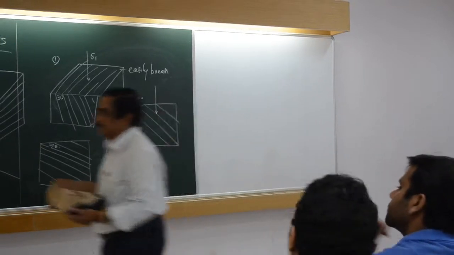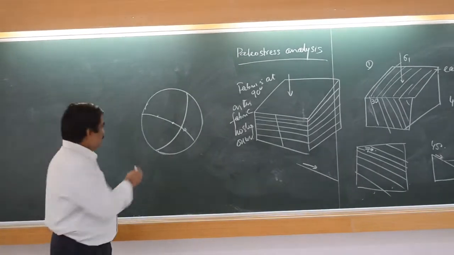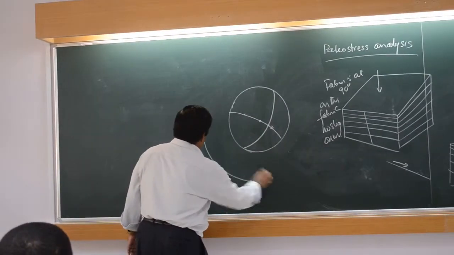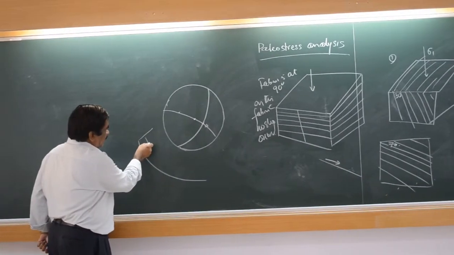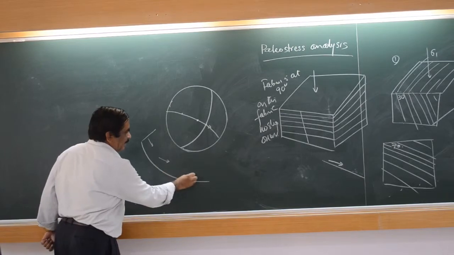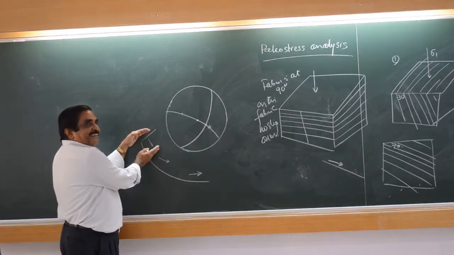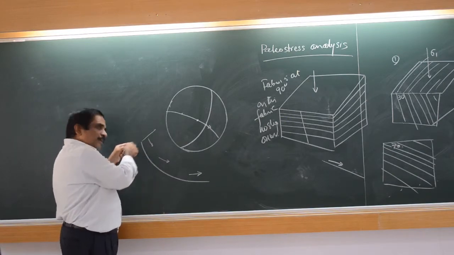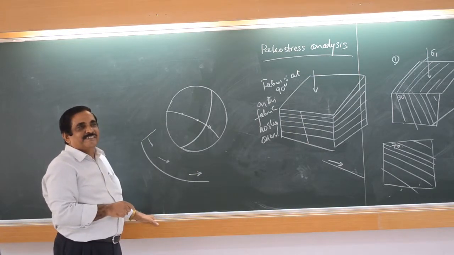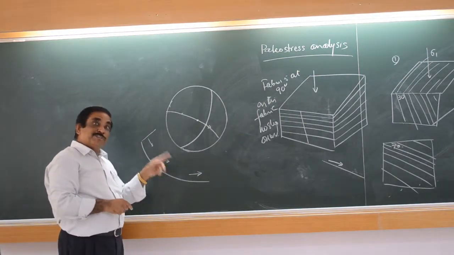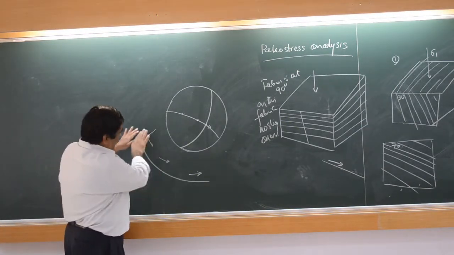Suppose you have a situation like this, you know listric faults are also there. Listric faults look like this, shovel type. So here also secant sides are there. Gradually as you go, secant sides are here, gradually secant sides are there. Then you are measuring this part. So you will get a fault plane orientation on the secant side. So how much angle will go? You take it here. How much angle will go? Follow this point.